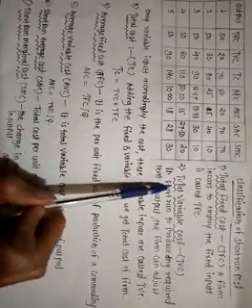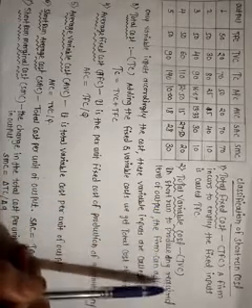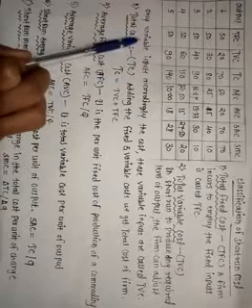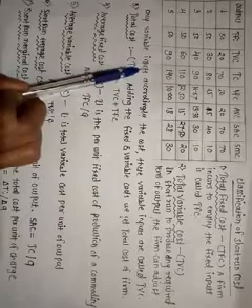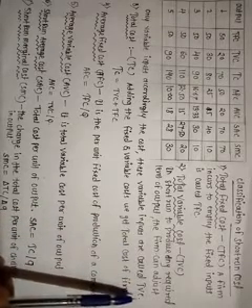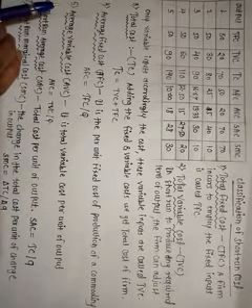Then second is the total variable cost. Total variable cost means in the short run, to produce any required level of output, the firm can adjust only the variable inputs. Variable means changeable inputs. You know, inputs means raw material, labor, or maybe electricity, and the cost of these variable inputs is called the total variable cost. Means it changes along with the quantity of the output.